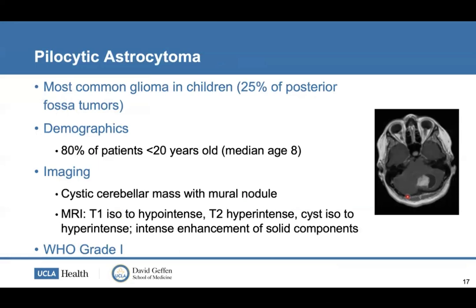Pilocytic astrocytomas are the most common glioma in children. They comprise 25% of posterior fossa tumors in this demographic. 80% of patients are younger than 20 years of age with a median age of 8. On imaging, they very classically are cerebellar masses with an enhancing mural nodule and a cystic component, and they are